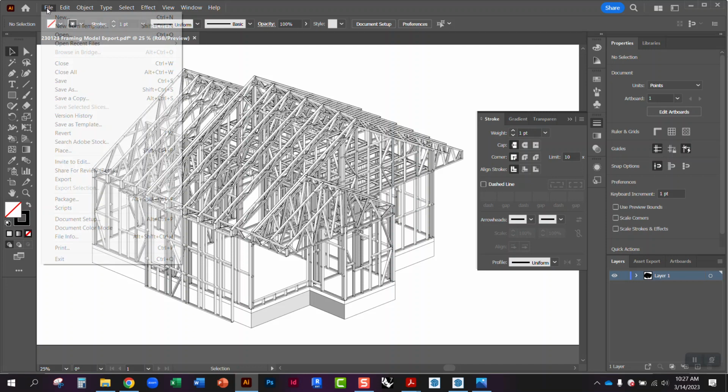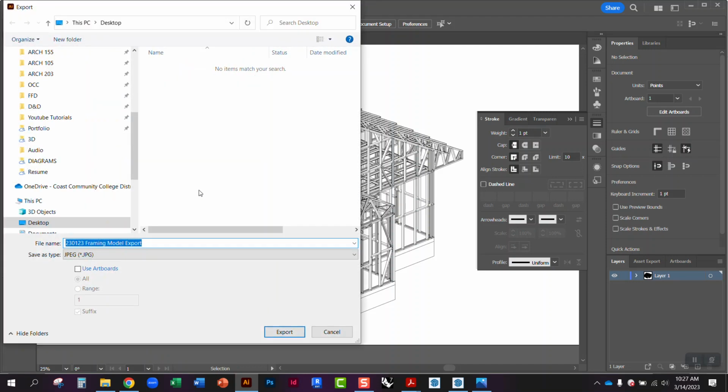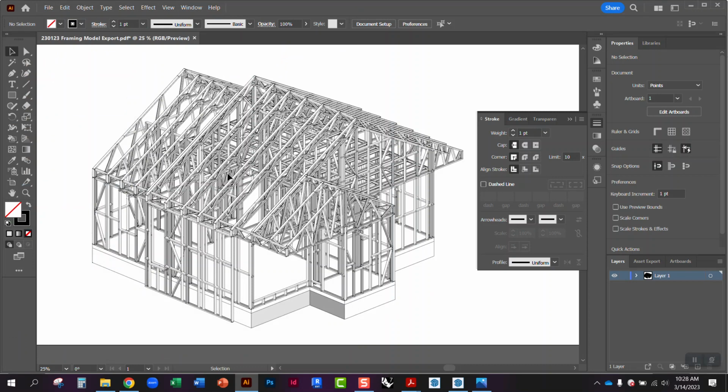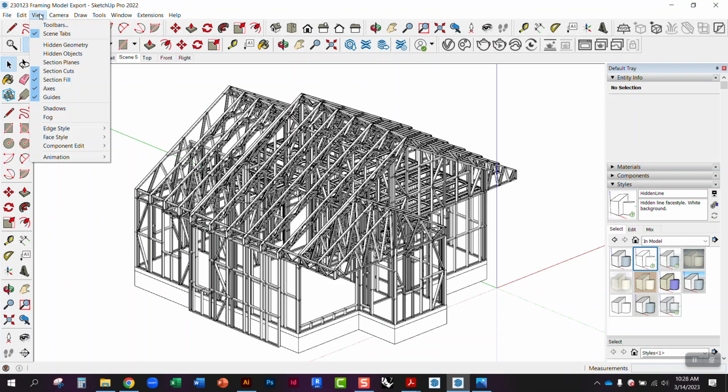And from Illustrator, I would just go to File, Export, Export As, and save this as a JPEG. If I want it to crop based on my white space, I would check the Use Artboards button here and hit Export. All right, so that would be if I just want kind of a diagrammatic view of the drawing. And going back to SketchUp,